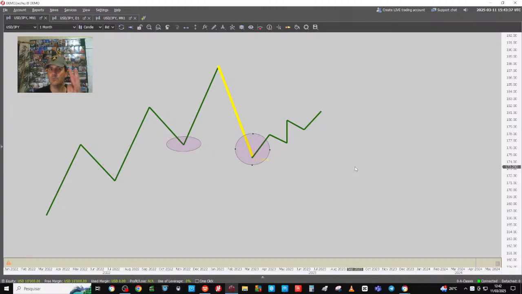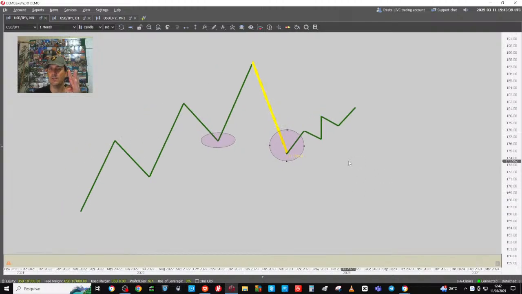This is the most important concept you can learn, everybody, about price action. I don't know what book you're going to read, I don't know what seminar, webinar you're going to listen to, I don't know if Warren Buffett is going to teach you. This is the most important price action concept. Does this make sense?